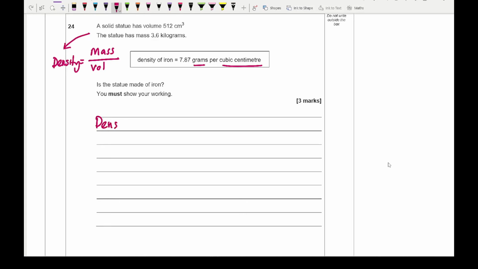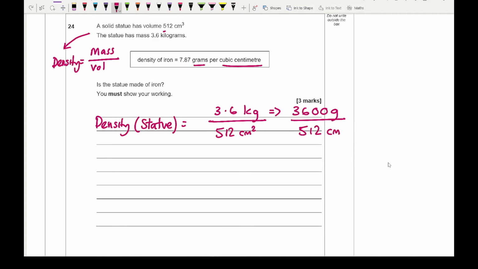So the density of the statue is going to be the mass, which is 3.6, and I then need to convert that, so that's in kilograms. So converting that into grams is going to be 3,600 grams. And then the units are absolutely fine for the volume, so that's going to be divided by 512 cubic centimeters. So this is what I then need to tap into my calculator. So 3,600 divided by 512, and that gives me an answer of